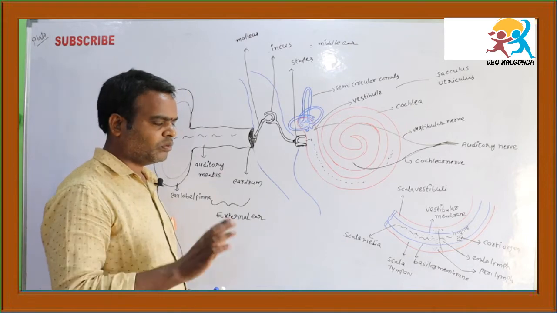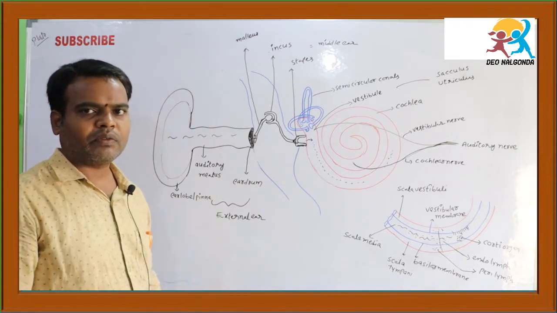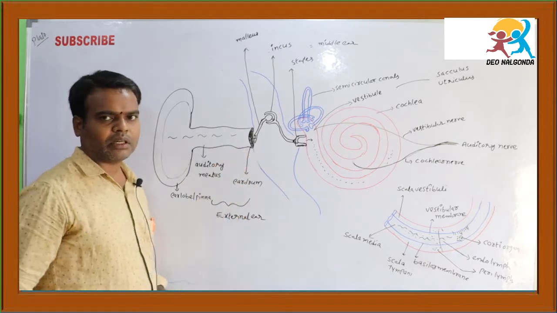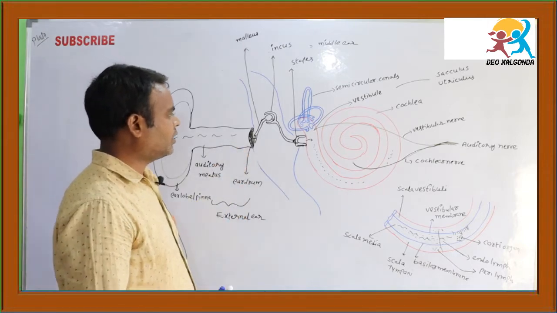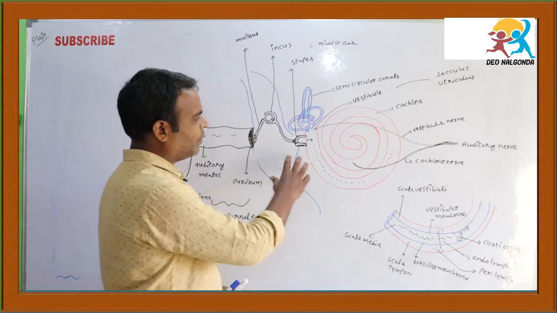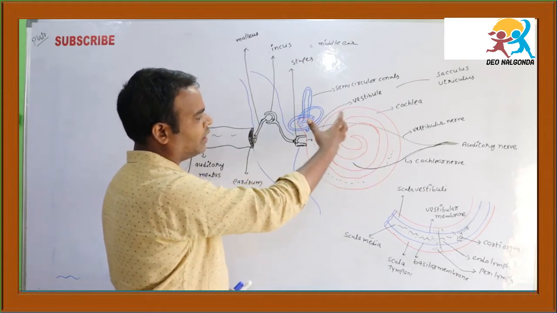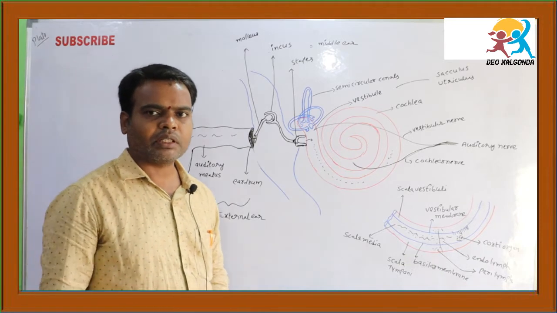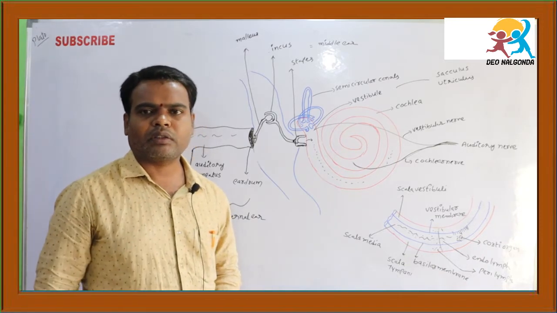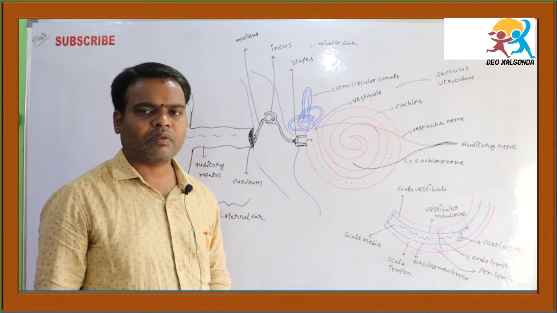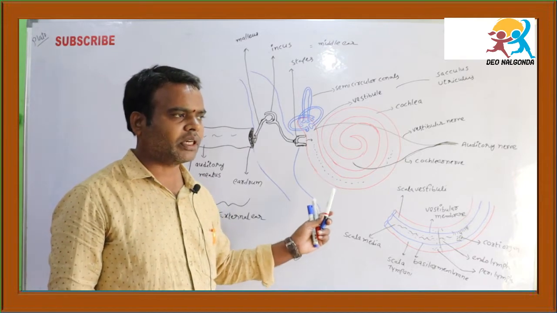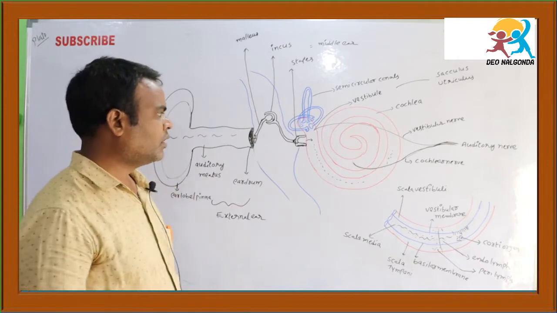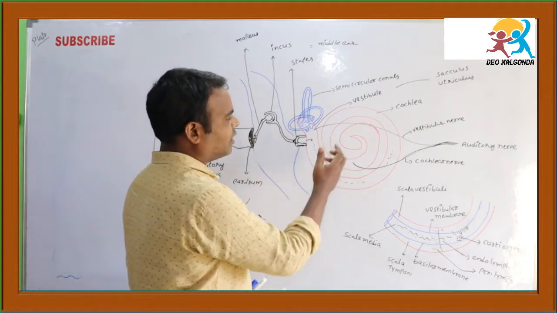They can move, meaning they can vibrate when they receive the sound waves from the tympanum or eardrum. Okay, right. Next, coming to the third one, this is the inner ear. The inner ear is the most important part because it is the only part which can understand the sound, which collects the sound waves and also transports the impulses to the brain. So the inner ear contains three parts.